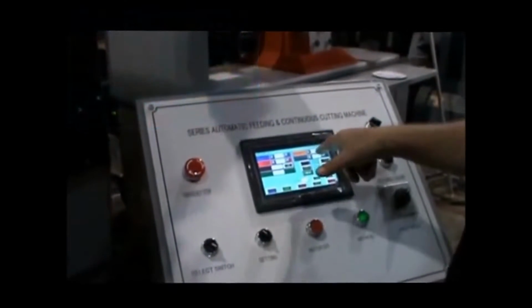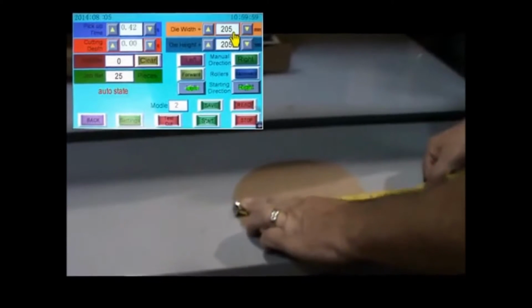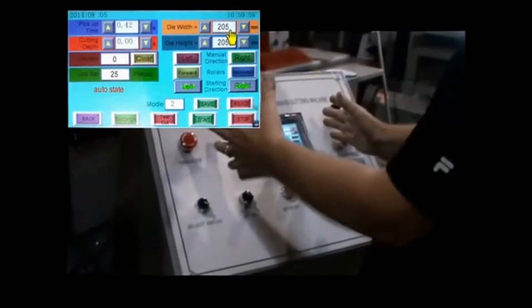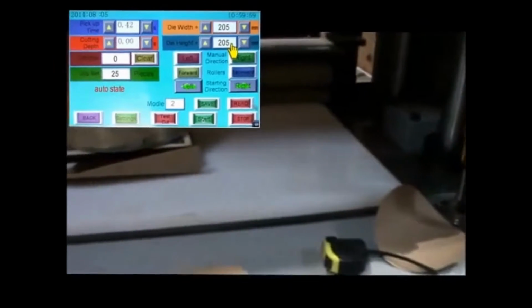Now, your die width, I have it set to 205 millimeters. My die, I know when I measure it, is only 200 millimeters. But you need to allow just a little bit, so I added 5 millimeters to that. So I'm 205 millimeters wide. I know I'm 205 millimeters tall as well. Depending on the nature of your cut,